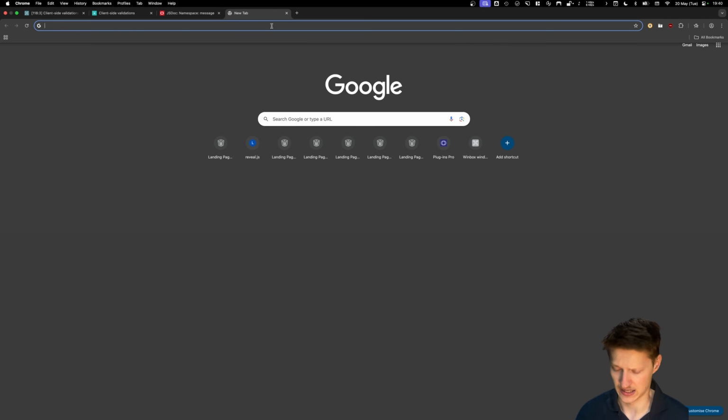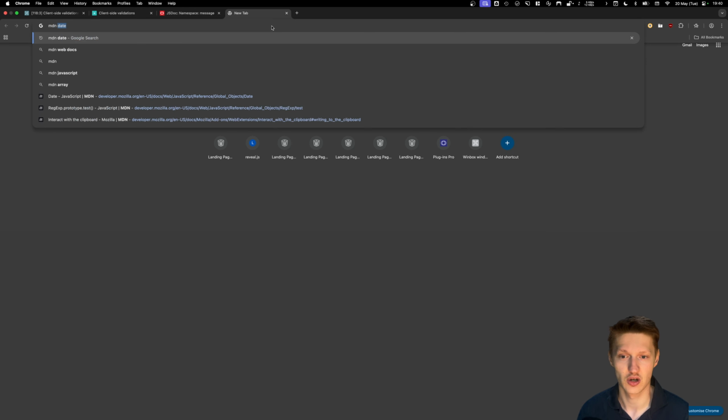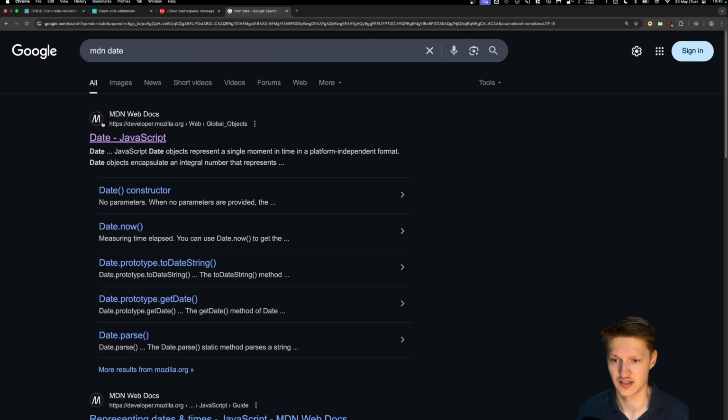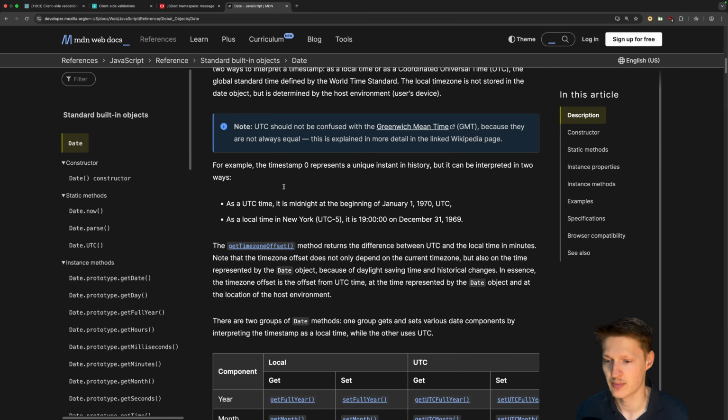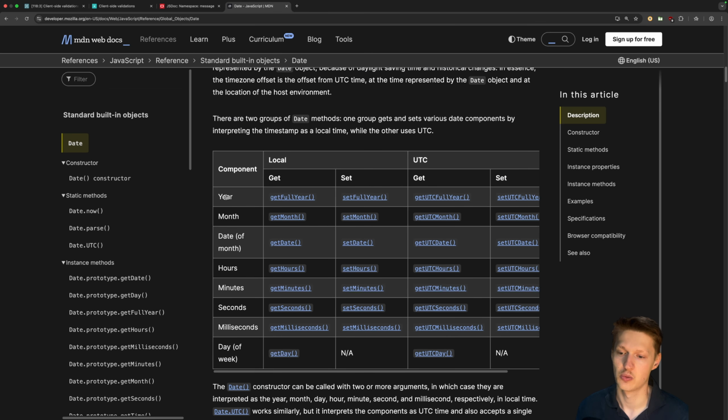What's a JavaScript date? Good question. Questions like these always go to MDN and type, for example, date. MDN is the best documentation resource for JavaScript online. And if you see it, JavaScript Date objects represent a single moment in time in a platform-independent format. A Date object encapsulates an integral number, so basically an epoch time, like a Unix timestamp. And the nice thing about it is this section, where we have functions on the date object,